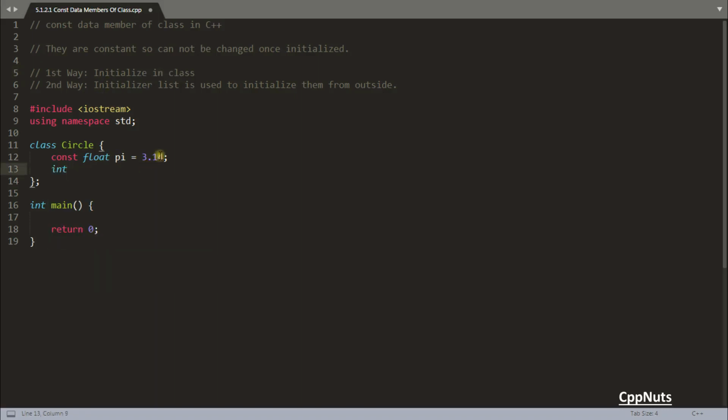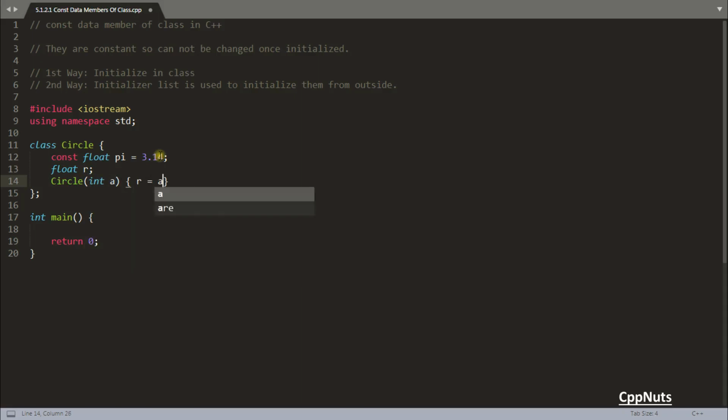Now let's go for your radius. Let's keep it an integer, or even take this one as float, no problem. Radius, okay. And now you need some constructors. I hope you know what the job of a constructor is. An integer a and r is equal to a. So this is what your constructor will do. It will take the value of